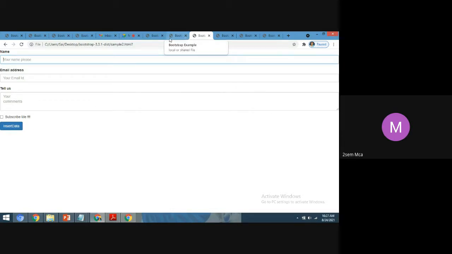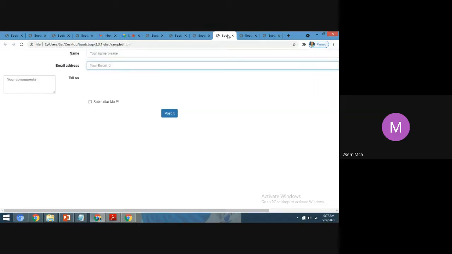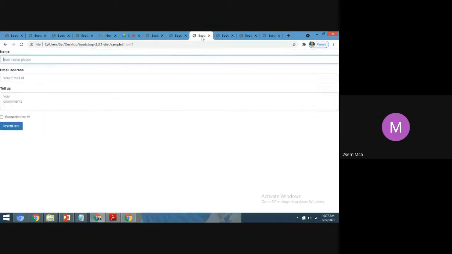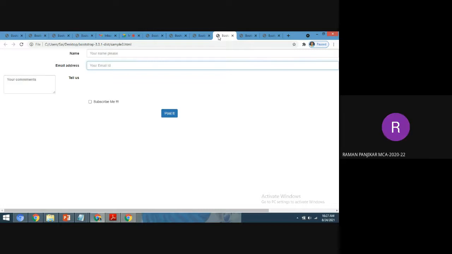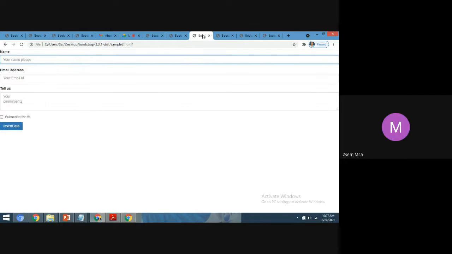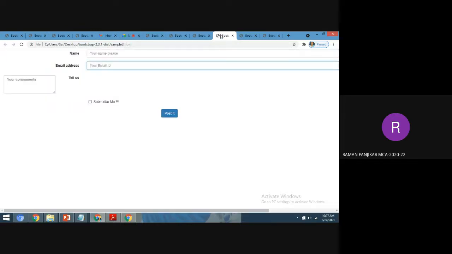Other than that, students, this and this. See, we are using Bootstrap built-in functionality to display the text area with styling. Which style? Ma'am, the previous one was, I guess, fluid. Okay. Yes, this one is fluid, and the next one is center the container. Is this center? Yes, ma'am, I guess. No.